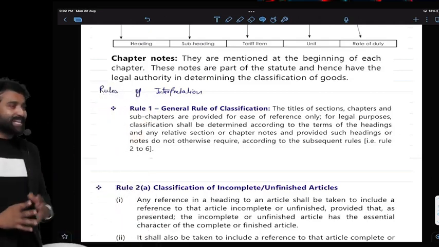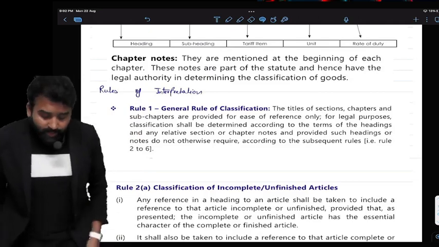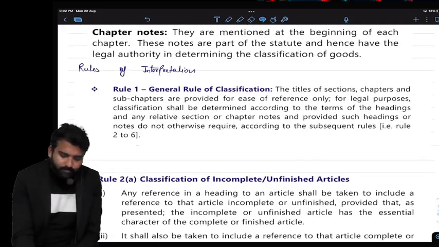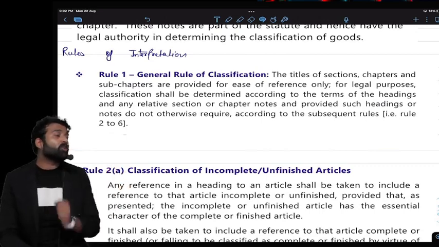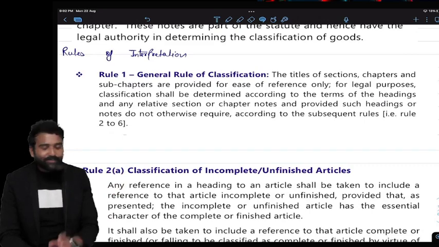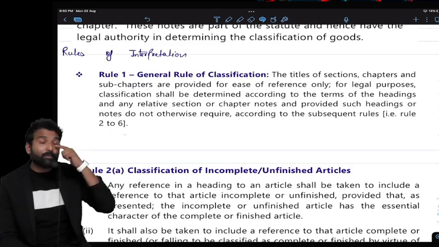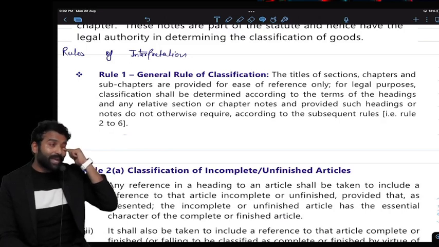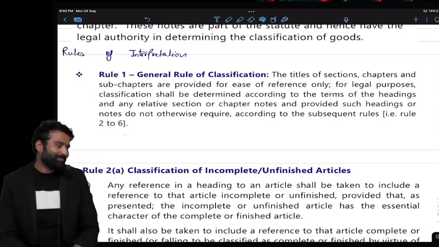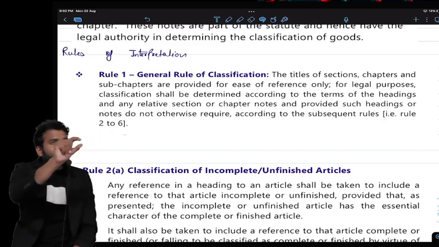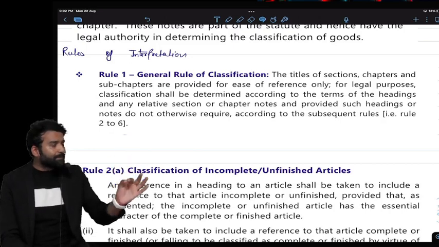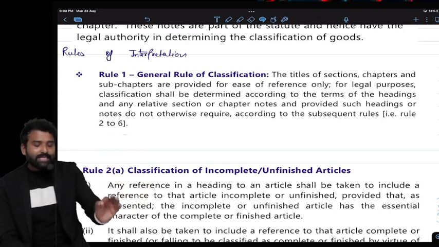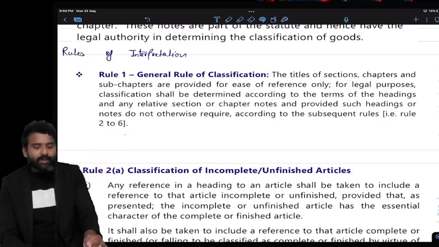So what this rule says, listen, the very first rule is very simple. What this rule says, दिल को देखो चेहरा मत देखो. If you can understand this tagline, I think this is from a song. दिल को देखो चेहरा मत देखो, है ना? So the rule is exactly same. Don't classify the goods just reading the title. Refer the chapter notes, refer the details, refer the heading name, refer the section name, refer the details given in